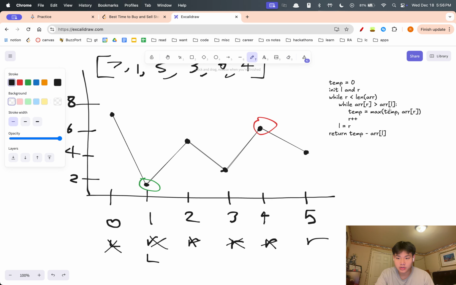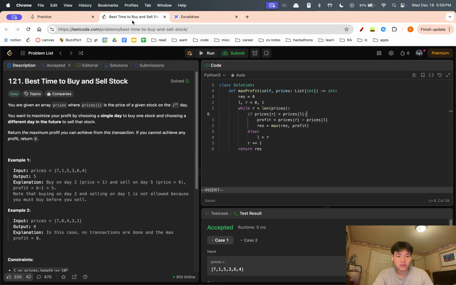How do I like restart this? Okay, whatever. So that was my issue. That's why I used the while loop. But you have to calculate at every step if it's greater. And then calculate the profit, update result, and then